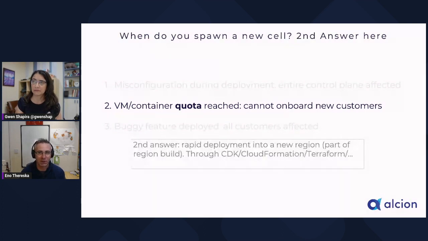Another reason is you want to have a very rapid unit of deployment. So Alcion can deploy in a new region, which is part of a region build, really quickly. We have this goal to deploy within 2 days, and I think that's going to be decreased even further over time. The deployment itself happens through well-known tools like CDK or CloudFormation or Terraform. But the fact that you have built your control plane in cells and you can simply add cells and then the right thing happens really helps with deploying quickly in a different region as well. That's helped us deploy in Sydney, for example, quite quickly. Okay.